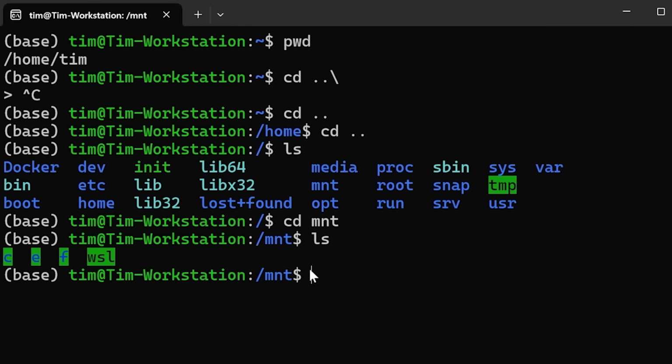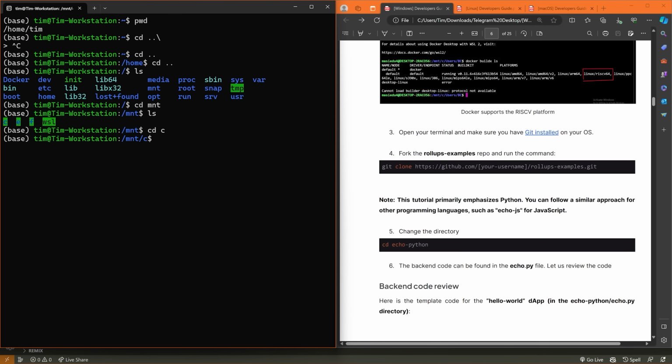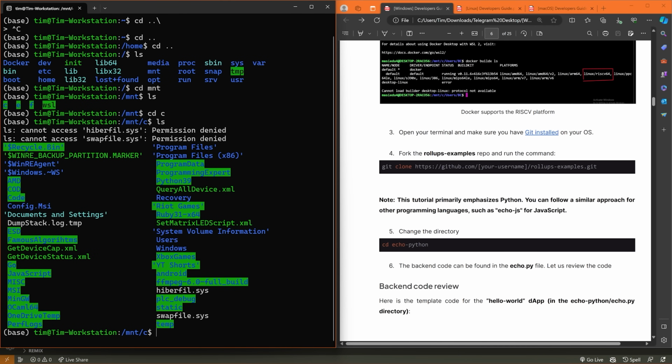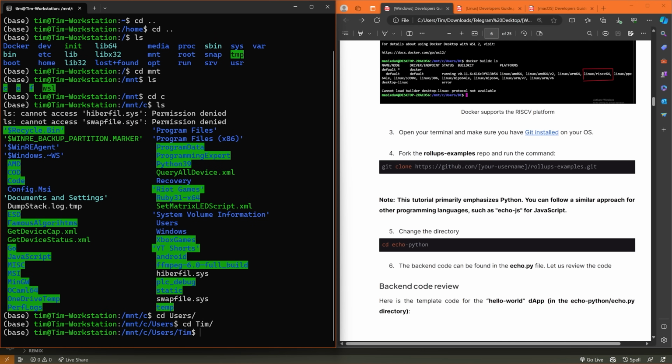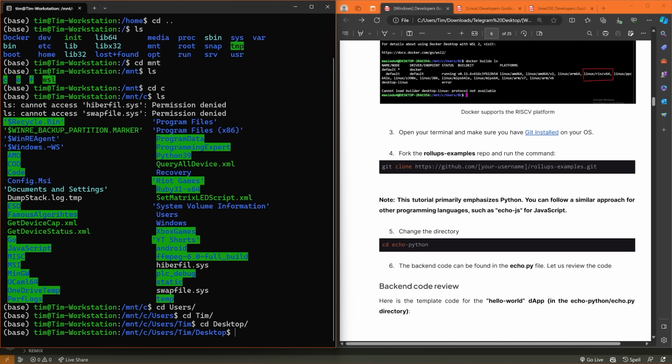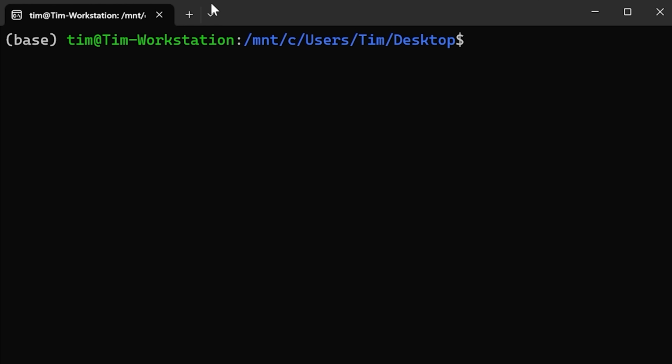So I have C, E, F. I'm going to cd into my C drive. Notice ls, I got a bunch of files here, okay? I'm going to cd into users, cd into Tim, cd into desktop, and now I'm on my Windows desktop, which is mounted to my Linux environment. This just allows me to share files between my Ubuntu installation and my Windows installation,